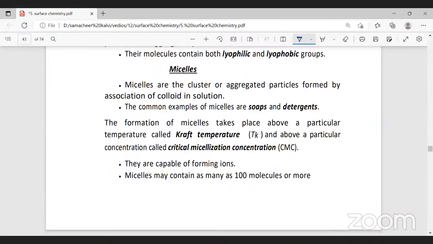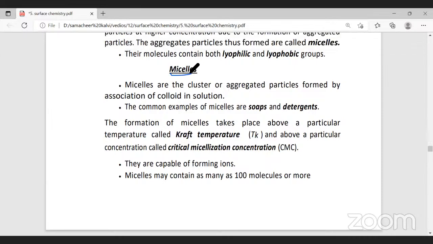Now we have micelle formation. M-I-C-E-L-L-E-S. Micelles, some call it Michel, so pronunciation varies. Micelles are clusters or aggregated particles formed by the association of colloids in the solution. The common examples of micelles are soaps and detergents. The formation of micelles takes place above a particular temperature called Kraft temperature, Tk,